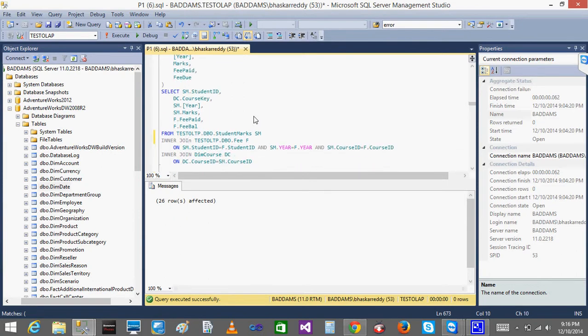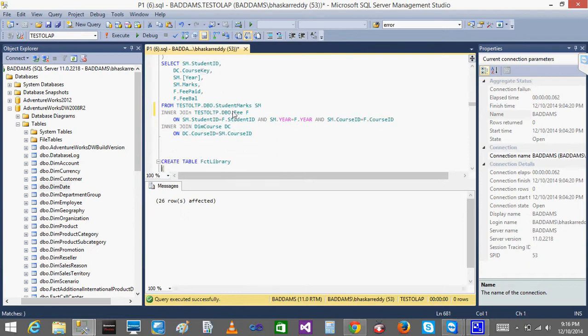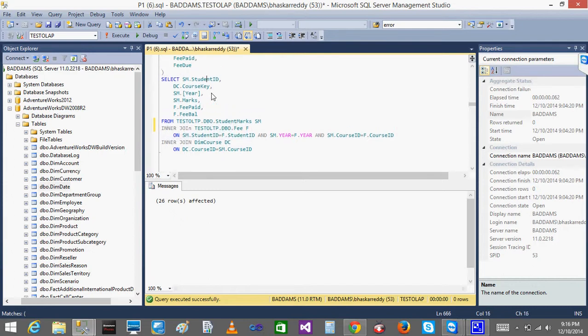So what I'm doing here, I'm joining with the student table and getting the student ID from the student table. And if I want to get the fee ID, then I'm joining with the fee table and getting the fee ID. Not fee paid, just the fee. I'm removing this year and that course ID column, and I'm joining with the course table to get the course ID. See, I'm reducing the fee and student marks into a single table and loading that into a single table.